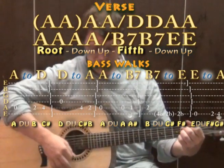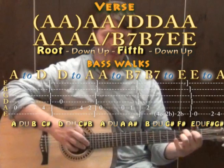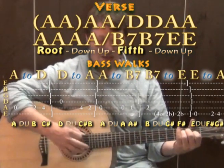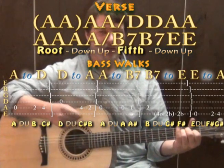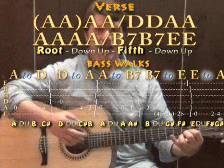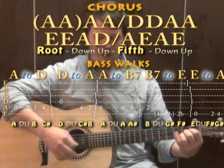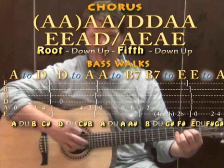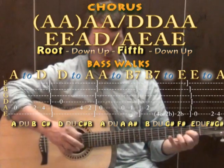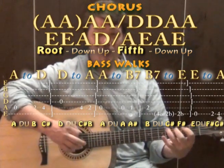to the B7, second fret on low E, B7 with an A bass, and then 2 bend, open E for the E, second fret on the A, E with the root, and then second fret on the A, and if you wanted to, you could even throw in that E with the walking bass on that last E to kind of lead to the A, and then we'd be on the A with the root, down, up, 5th, down, up, A with the root, down, up, 2, 4 to the D chord, root, 5th, D with the root, down, up, 4, 2 leads to A,